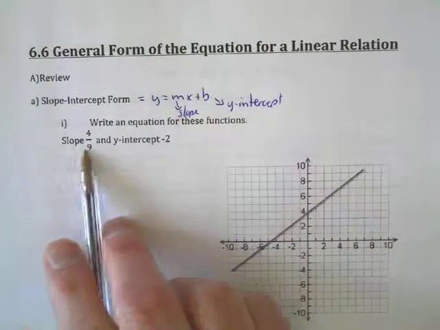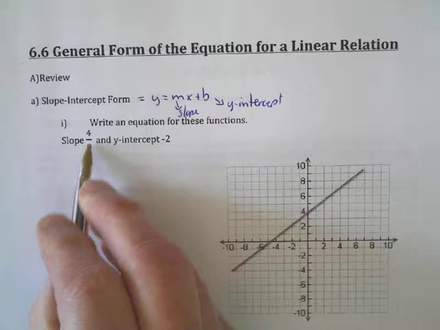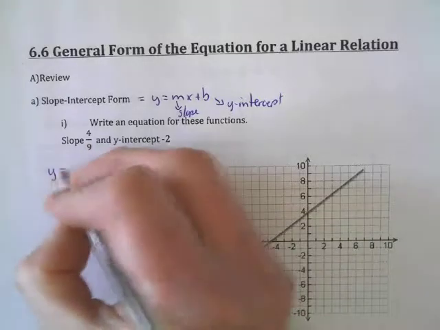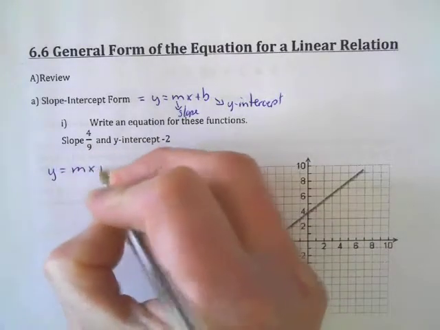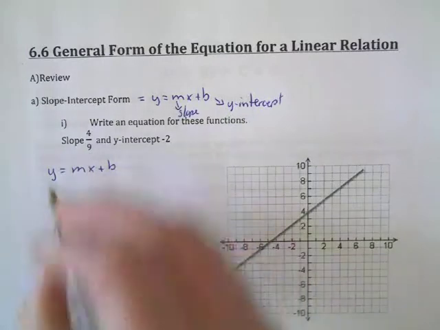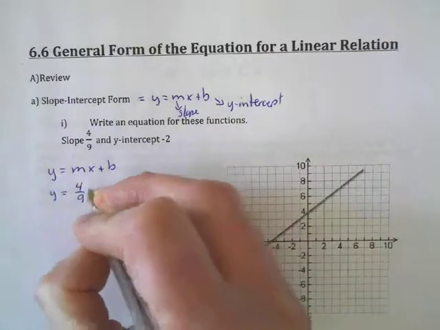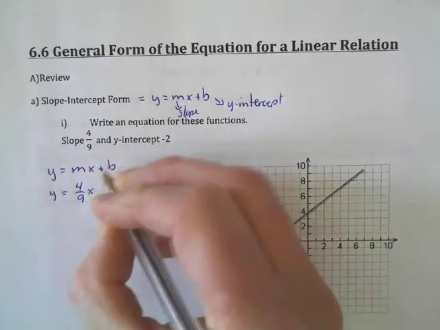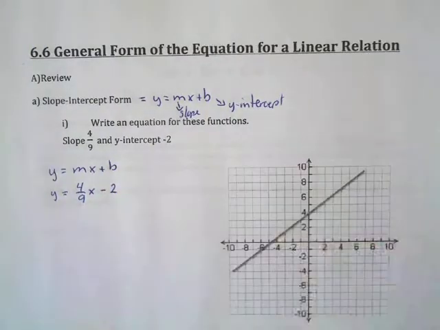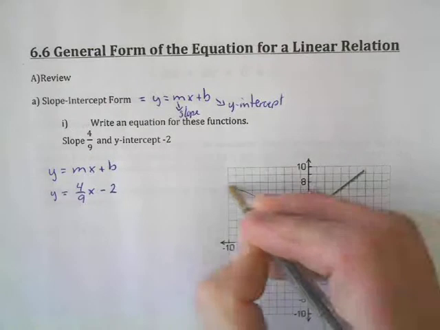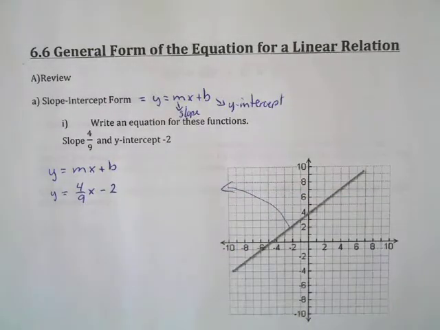So I've got to put this equation into this form. So once again, they tell me slope is 4/9. So once again, here's my formula. So slope is 4/9, so that goes in place of the m, and the y-intercept is -2. And there it is. Then I have this equation over here, and they're asking me once again to put that into y equals